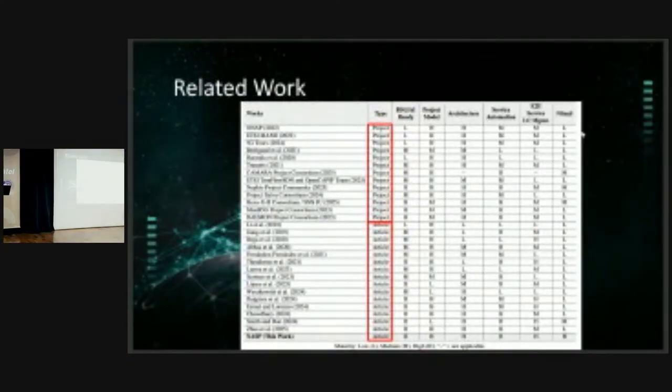We investigated the state of the art, and we classified the literature in two parts. The first part, we analyzed the different projects. There are a lot of projects considering network slice as a service.